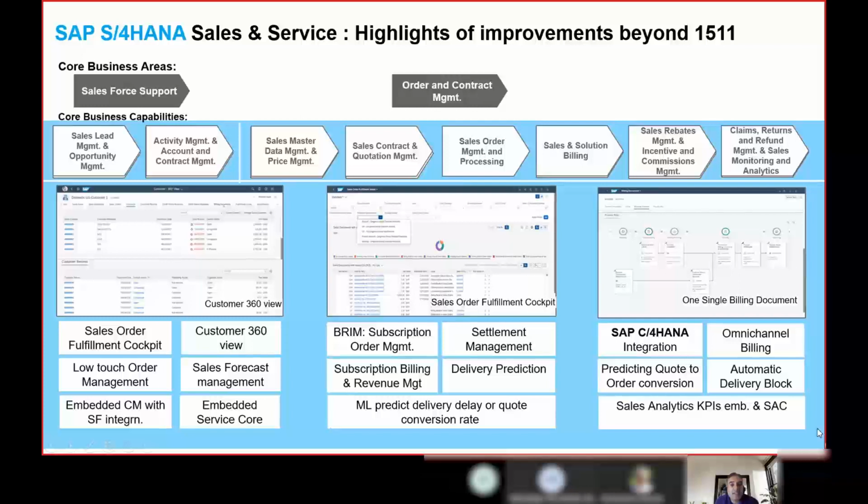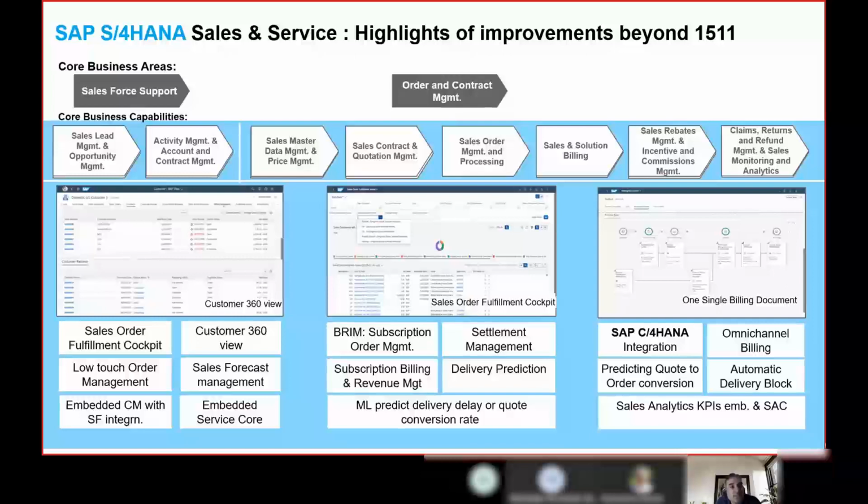Similarly here in the sales cycle, in the O2C cycle as well, we have leveraged the technologies with regard to ML or even RPAs or situations as well. There are standard templates of situations provided, and standard use cases with regard to machine learning have also been provided. For example, the prediction of the probability of converting a quote into an order.